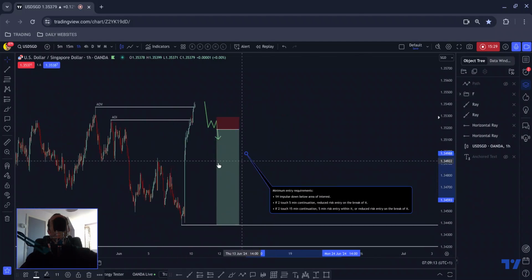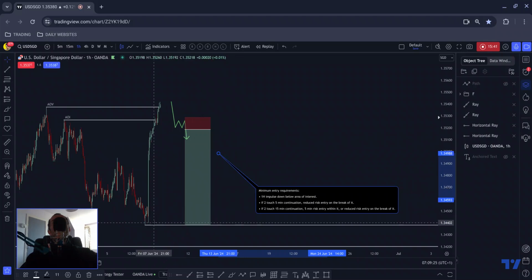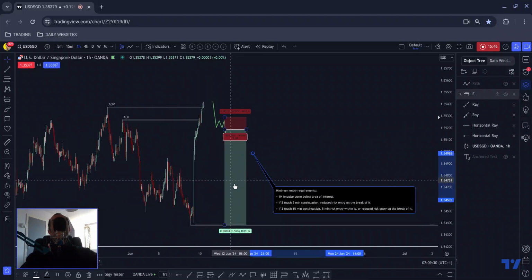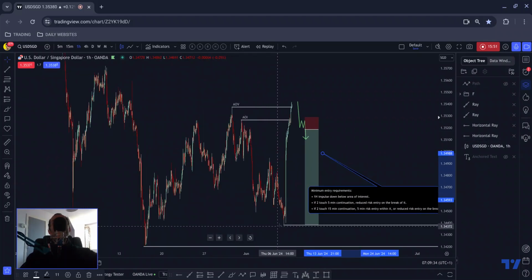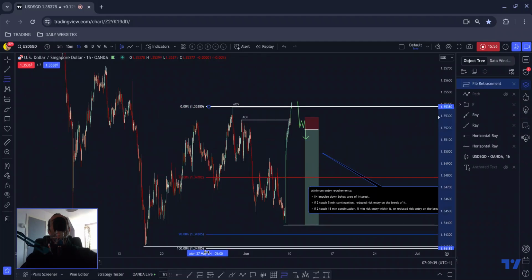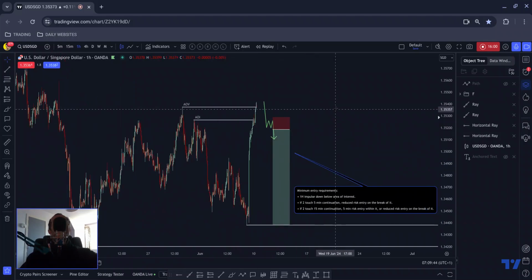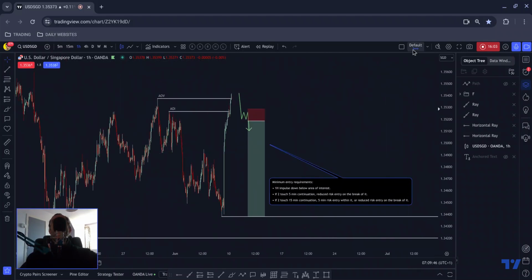And then really, because price tends to mirror what it did to the left on the right, we would likely follow through with the same level of aggression as we moved up here. So there wouldn't really be any inflection points until all the way down here. So you would have a trade which could bank you about 8%, and I would set a take profit there at that 90% area, or that low which fell just above the 90% area of this range, and then I would trail my stop loss accordingly. So that is dollar Singapore.